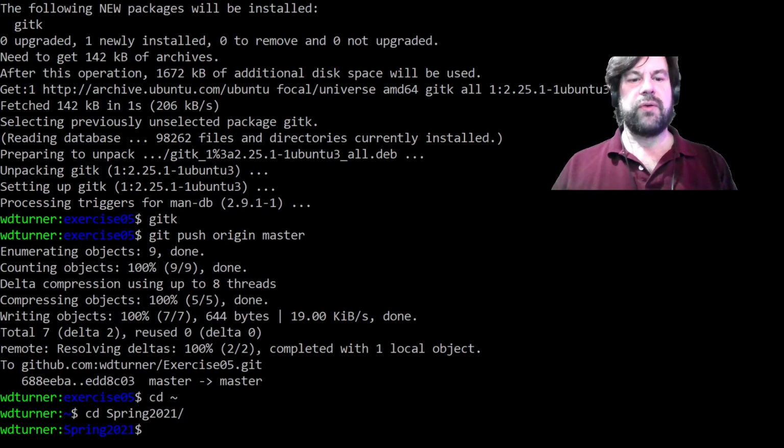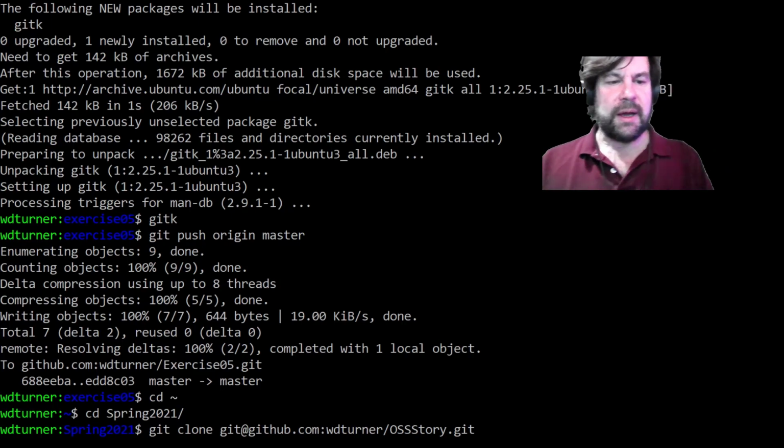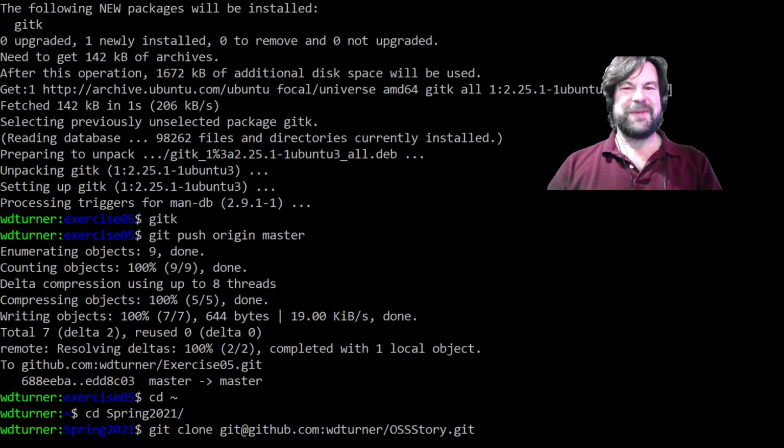Okay, so I have a story out there called OSS story. And if we come in, you guys should be able to clone it as well. We'll kind of run this. You guys should have your tables. If you have your tables set up, follow along. If not, I know that not everybody probably has everything installed right now, but